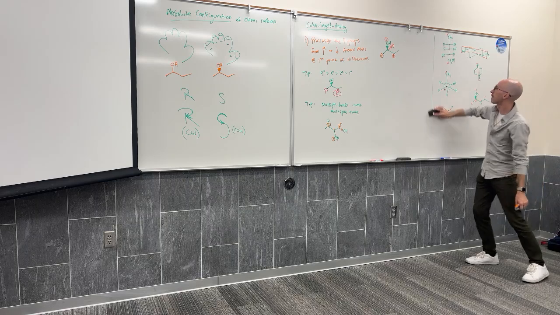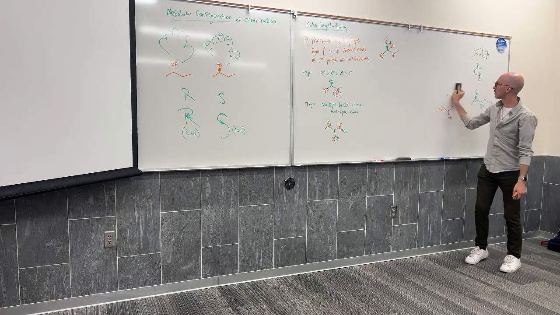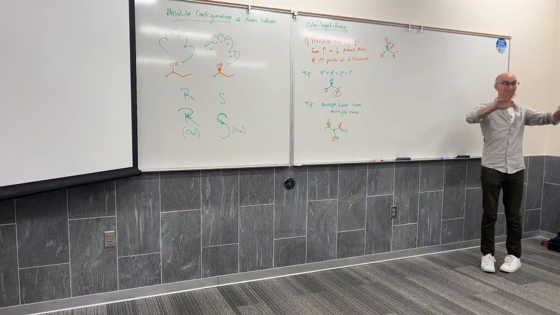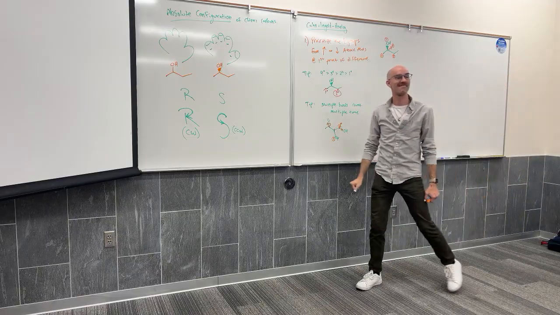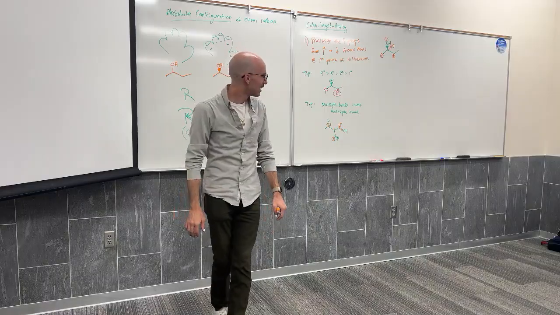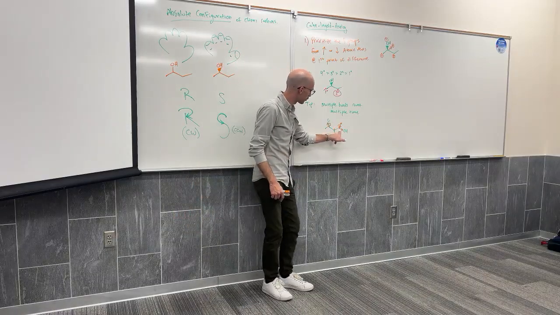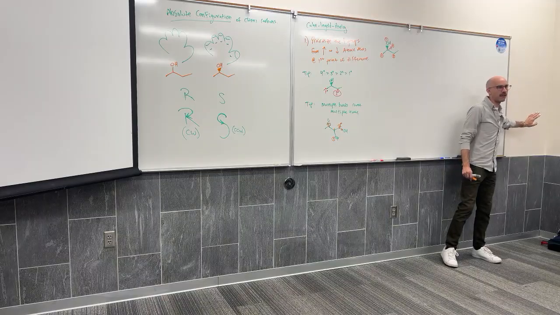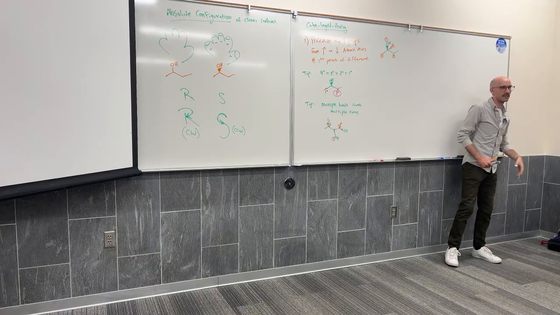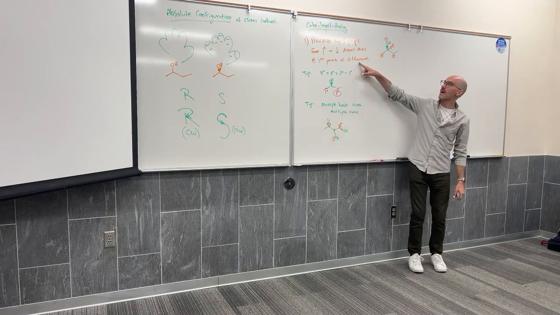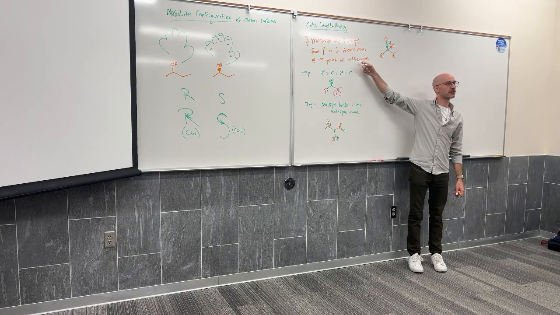So when we're saying we're prioritizing based on the atomic mass, it's not about how big that branch might be. No. It's about the atomic mass of which one we are counting. This group could go on to infinity, and it would have the mass of the universe, and this group would still take higher priority, because of the double bonds, because we're dealing at the first point of difference.